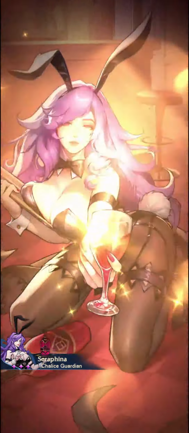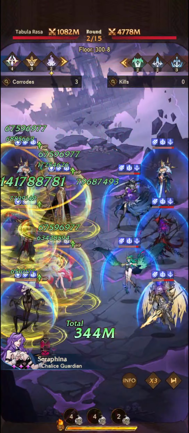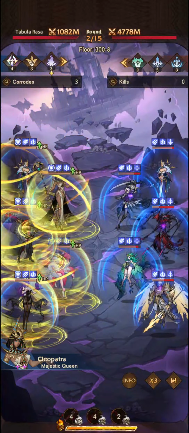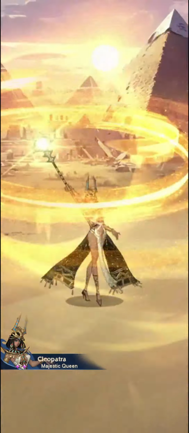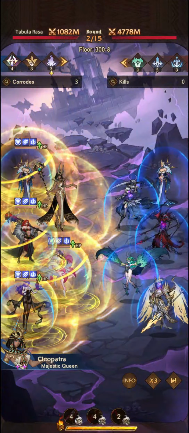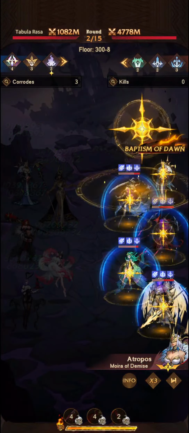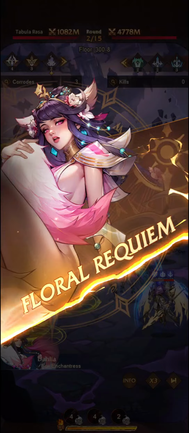Radiance will protect us. So we get Seraphina triggering first because she's got the skin, and then Cleo will trigger twice. Yep, there we go. So we get our attack increase as well, and then we get Atrops to buff. So has Cleo's double buffed